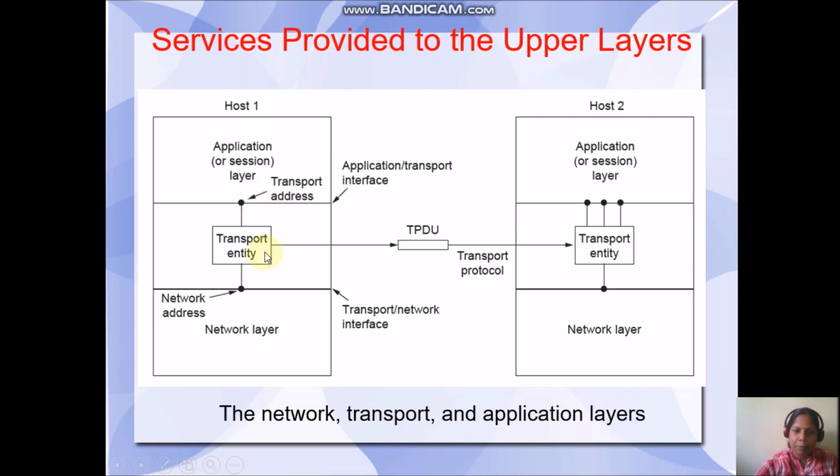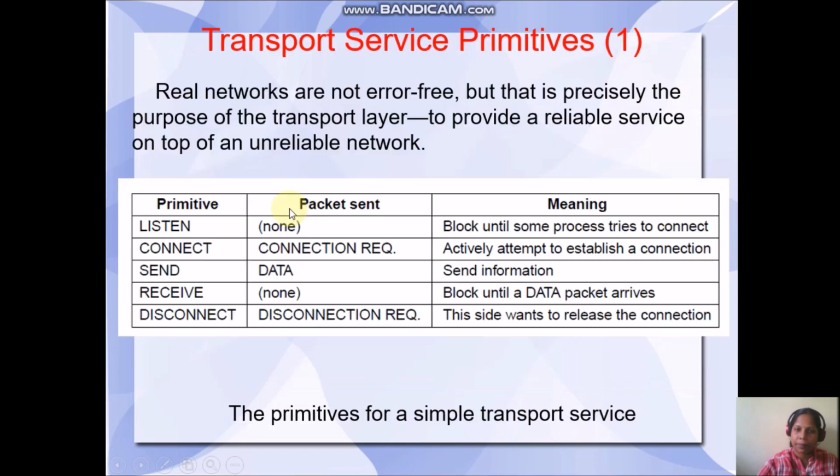The transport layer provides end-to-end communication between host 1 and host 2. The unit of data that is transferred here is called the transport packet data unit. So this is how the network, transport and application layers are arranged in the reference model.